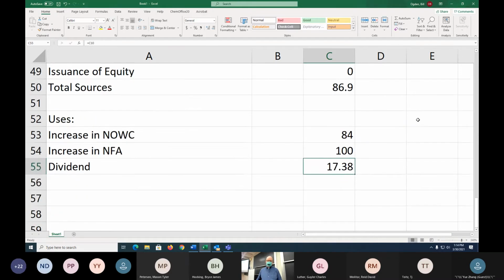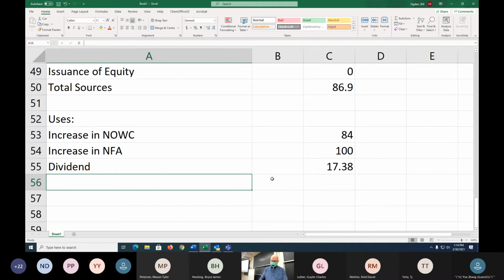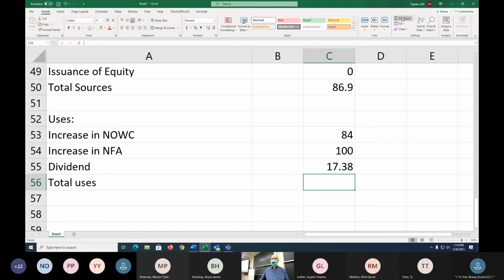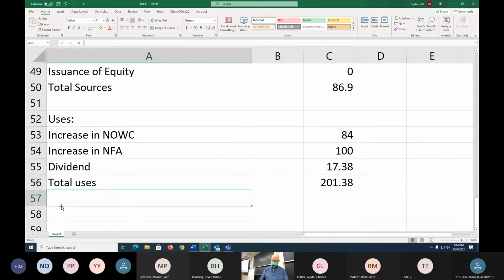All right, so we will add our total uses. I get 201.38,